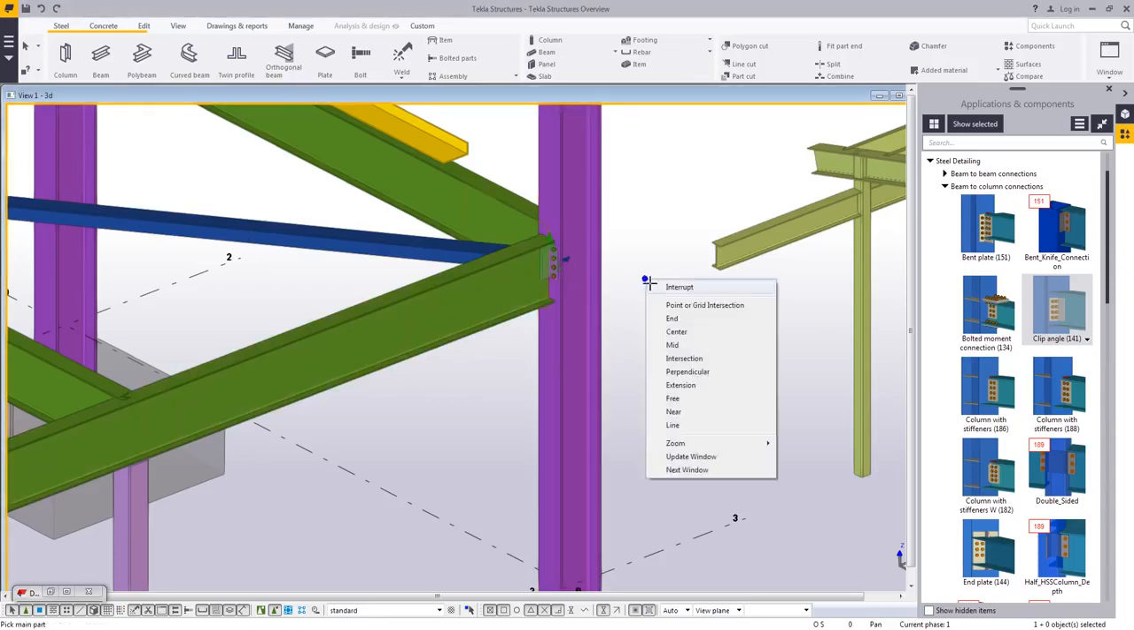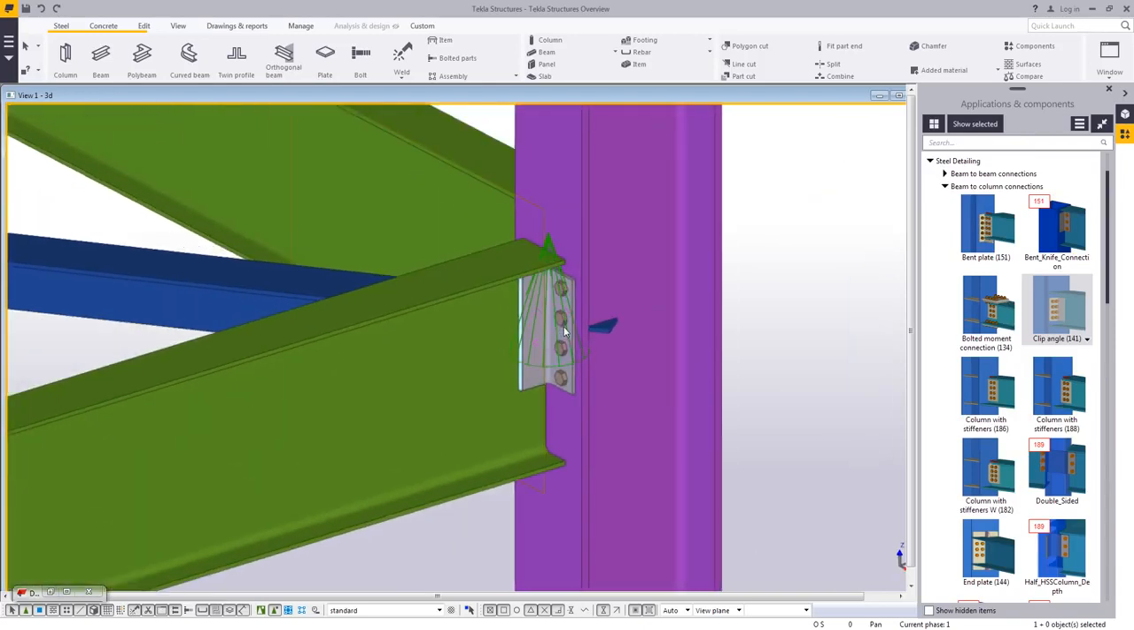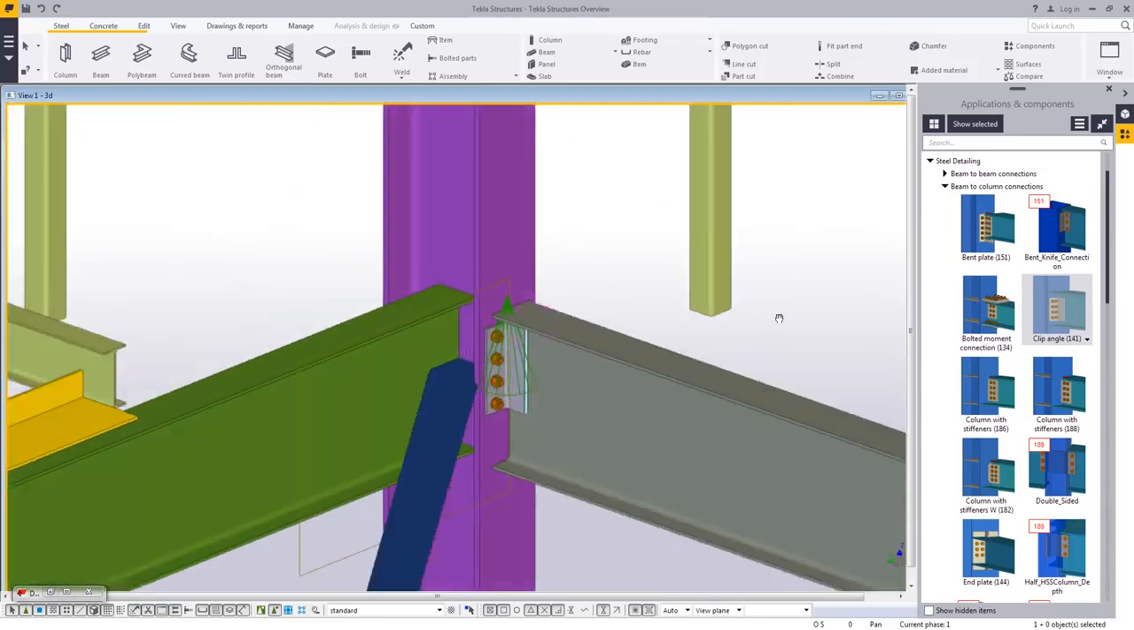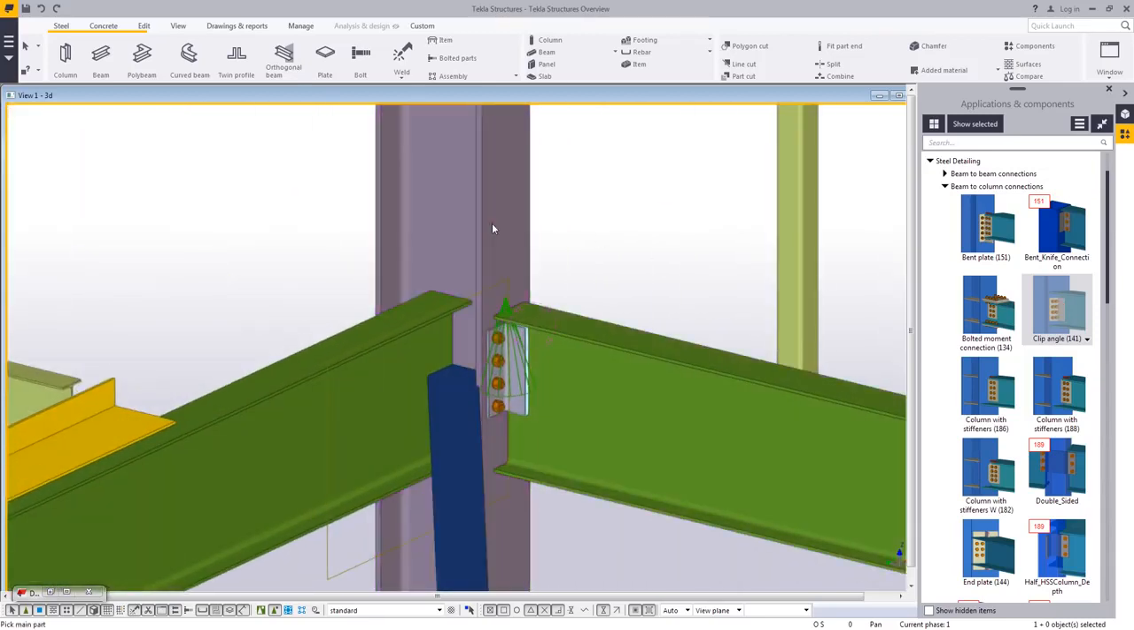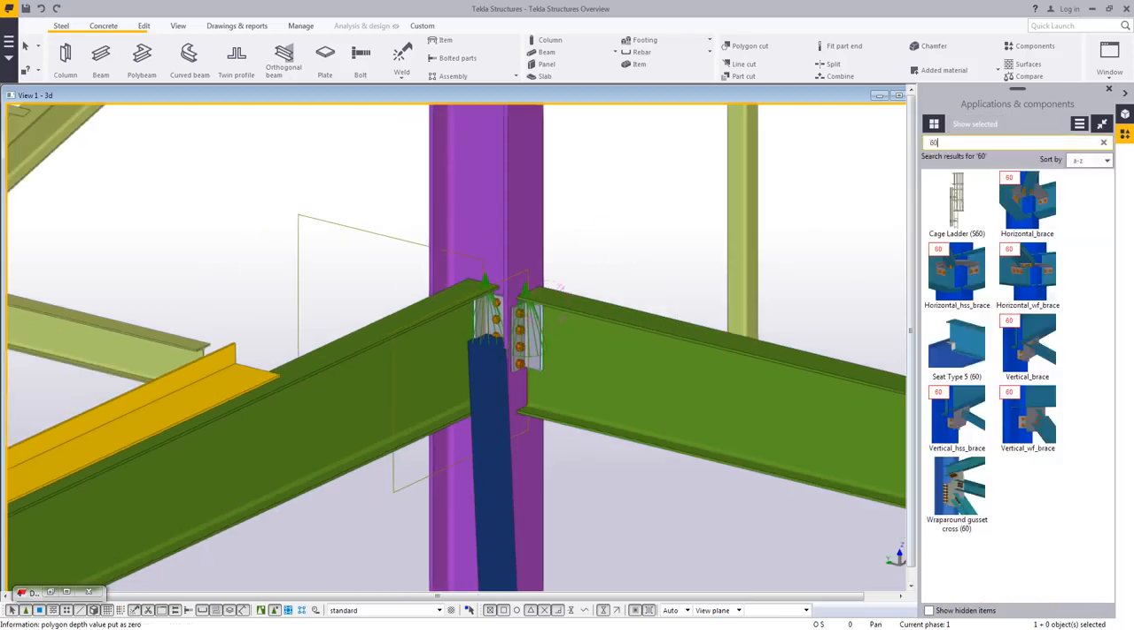So what it will do is look at those framing situations and generate a component based on that. So here you can see it's created a cut that shortened the beam. It created clip angles, it created a bolt group. We can see the weld on the back side. So I can just go through and very quickly apply the different types of connections that I want. If I want to do something like a bracing connection,